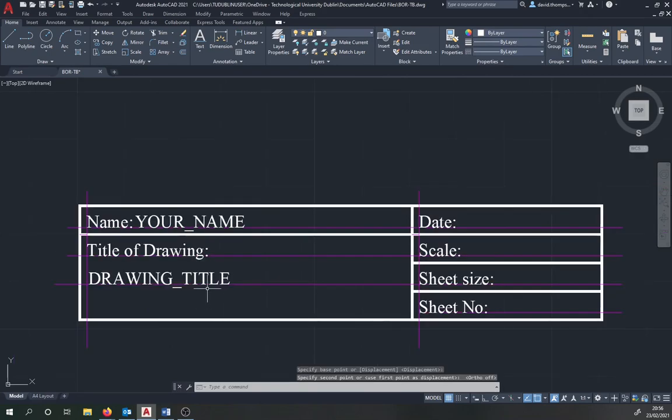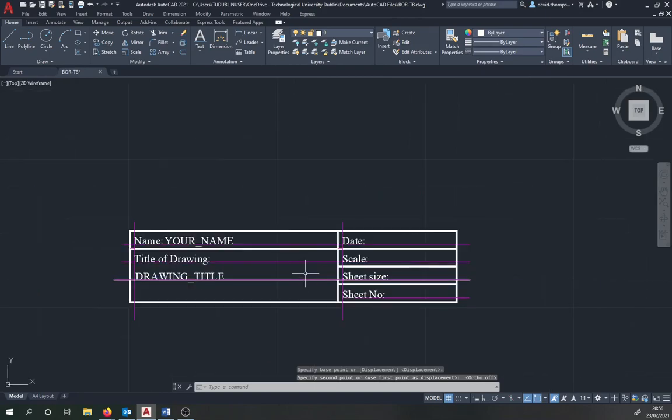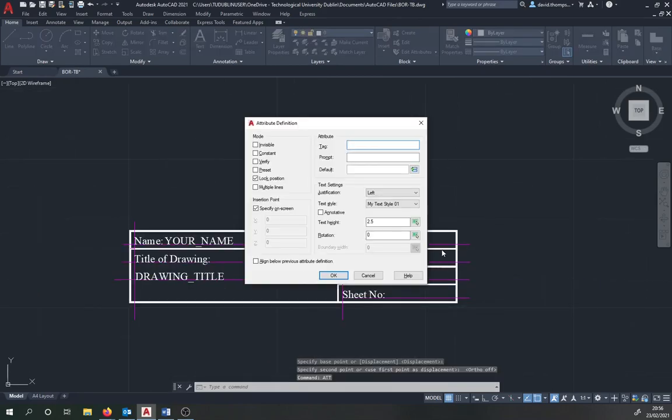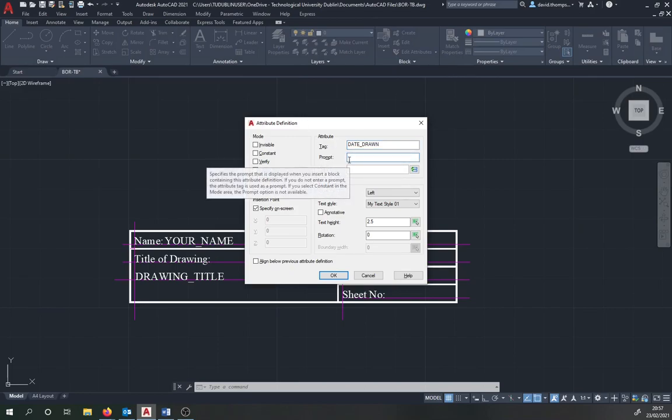And we can click it down there. So now the drawing title should be there. So again, ATT again, we're going to add a tag and a label for the other 4 sections. So the tag, next one, it has to be capital DATE underscore capital DRAWN. And the prompt here is going to be